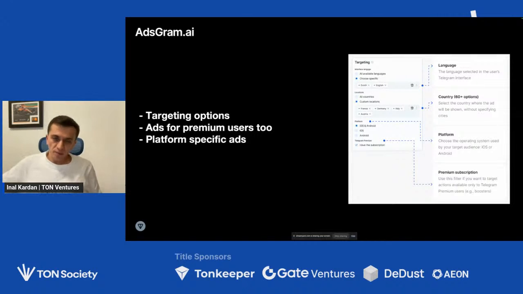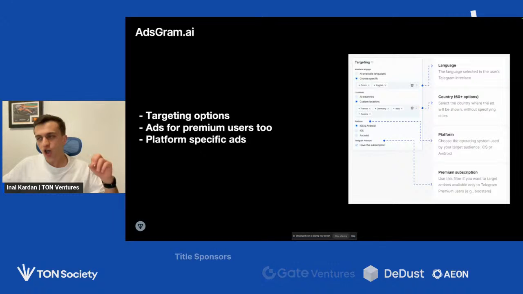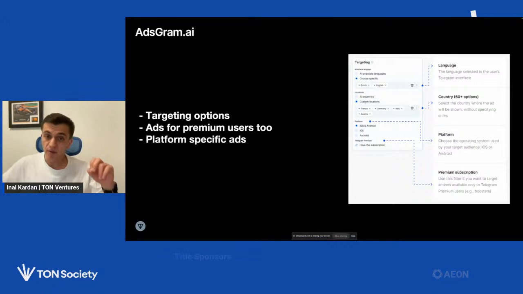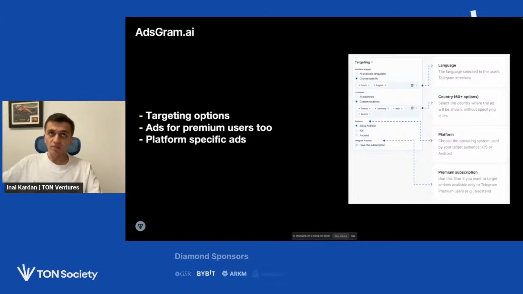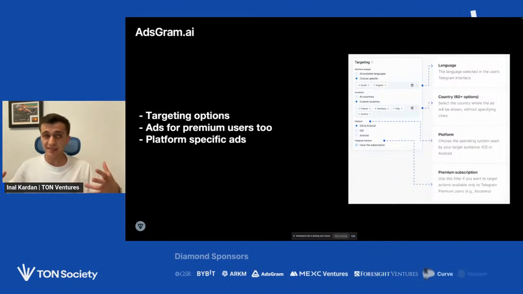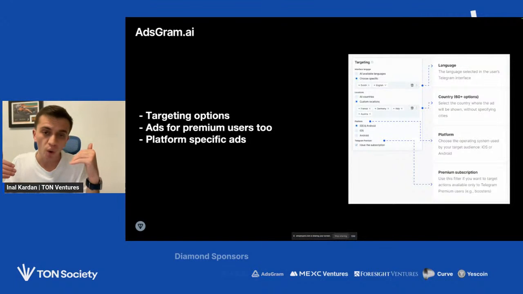But what is very important, in my opinion, one of the most important features, is an ability to target Telegram premium users. Obviously these users are more engaged in Telegram. They have the best average revenue per user, and targeting this type of users is usually more expensive, but also better for getting good quality.